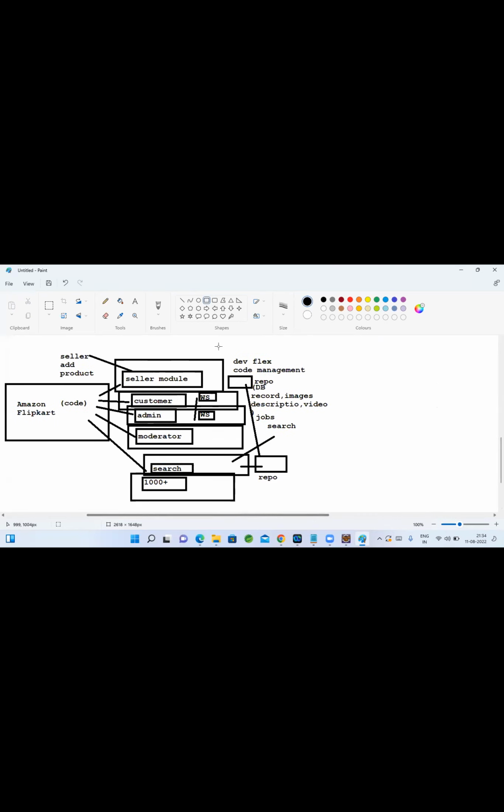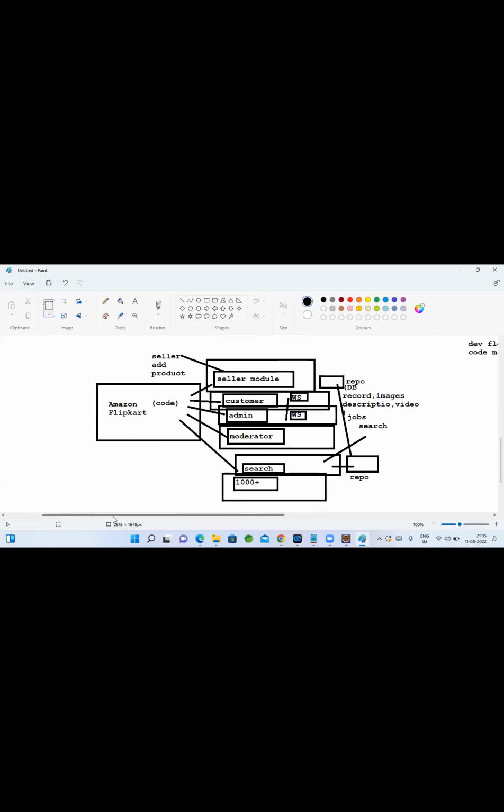If we think from a small point of view, we see that it's possible to manage all. But when you think of it as a big picture, like the Amazon application or Flipkart application, a huge big application, from their point of view it is not really possible to keep everything together, and it is not possible to manage it also. That's why they develop separate applications, and they manage it between applications. If they want to talk, they use web services.